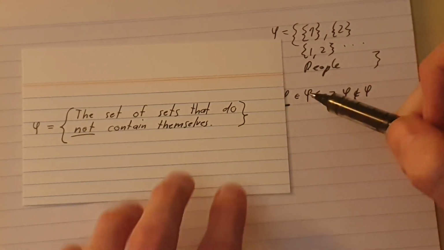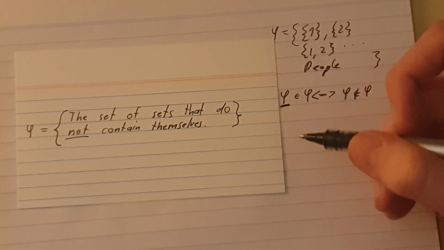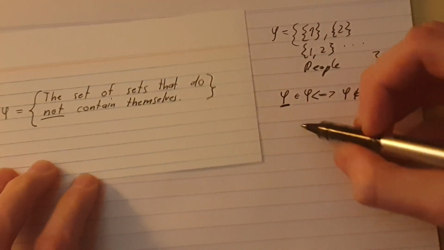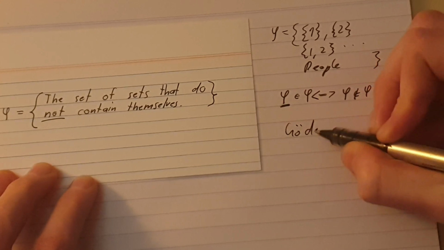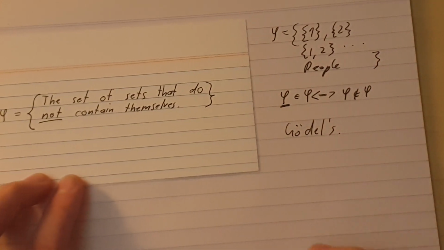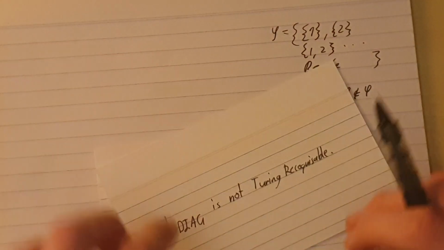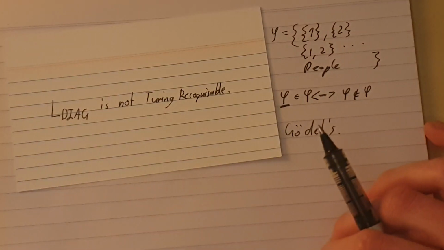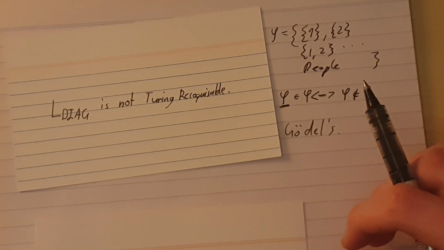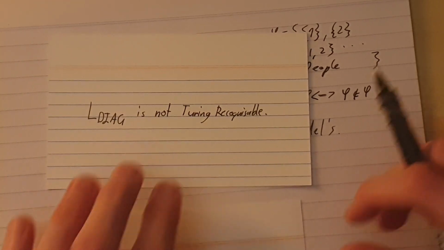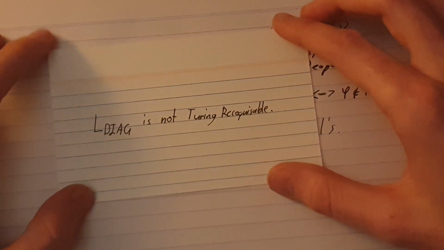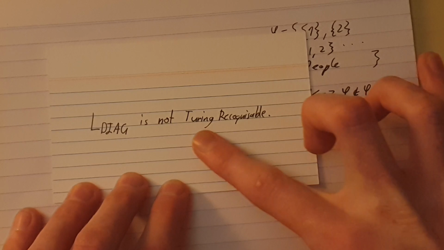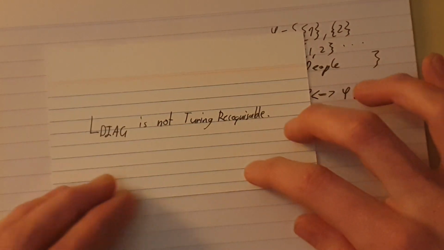So you might think, is it possible to have a rigorous, perfect system that does not have these contradictions? It turns out it's not. That's called Gödel's Incompleteness theorem. Look that up if you're interested. It turns out Gödel's Incompleteness theorem is equivalent to the halting problem, which we can reduce to, sorry, we can reduce this to something like that. Yes, I always get it mixed up. So L-DIAG is like a counterpart of phi in the system of Turing recognizable languages.